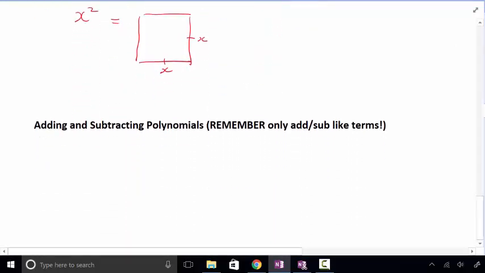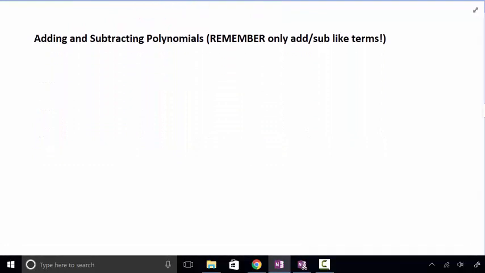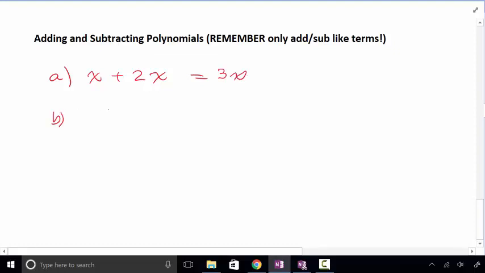All right, let's try then some questions. Adding and subtracting polynomials. Remember, we always have to do what? Add and subtract like terms. Okay, so let's try this. Let's try an example here. What's the answer? Very good. 3x. Okay. Is that okay? 1x plus 2 x's. That gives you 3 x's. Okay. How about